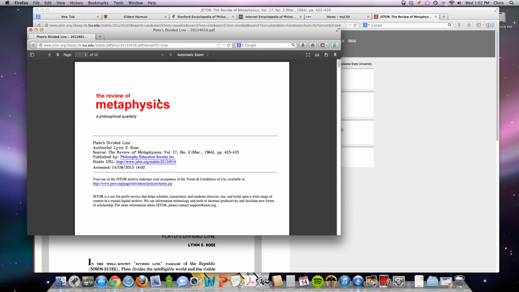You'll be making a very large mistake in your paper if you rely on popular sources where you should have incorporated insights from scholarly sources. Right away, your instructor is going to think that you don't know how to do basic academic research. So you want to get started off on the right foot, and the way to do that is to just go to academic databases rather than a general search engine.